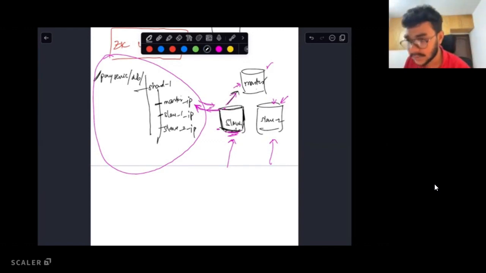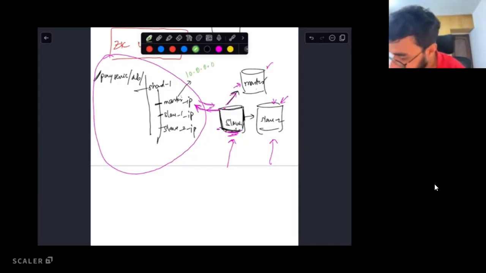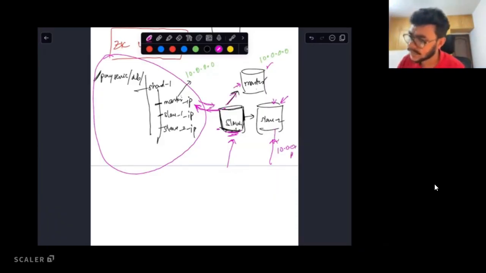Instead of this master, I now need to send the request to this master. What if initially this master IP file had a content of 10.0.0.0, and the IP address of this master is also 10.0.0.0, and the IP address of this slave is, let us say, 10.0.0.1? Let us say this leader election process happened, and this slave actually became the new master.